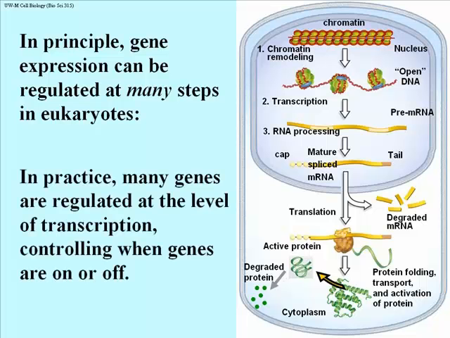So in practice, it turns out where you have regulation, those genes that are regulated, most of them are actually regulated at the level of transcription, at a simple switch that turns genes on, turns them off, or in some cases it's like a dimmer switch. You can increase or decrease the level of transcription without actually shutting the gene on or off. But it's almost always related to how often transcription is initiated by RNA polymerases.